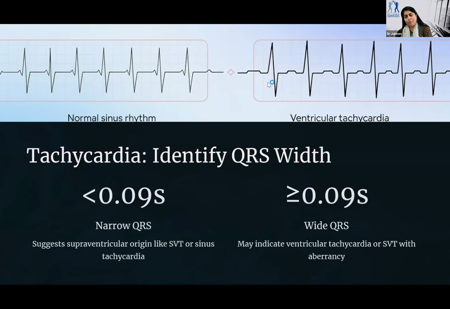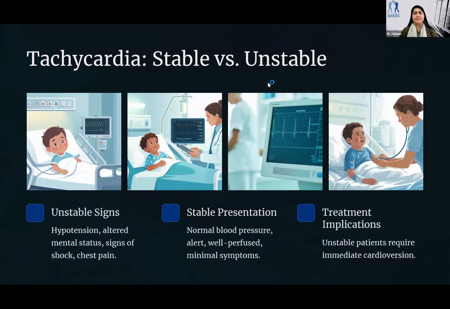Good perfusion, poor perfusion. After you identify that it's a narrow complex tachycardia, which is most common in pediatric patients, it will be supraventricular tachycardia or sinus tachycardia. If it is a wide complex tachycardia, it will be either ventricular tachycardia or SVT with aberrancy. Unstable signs we talked about, so that's why I'm skipping, because if the patient is